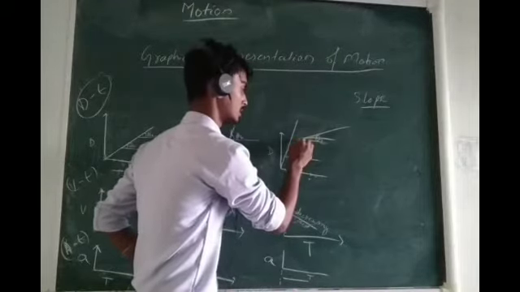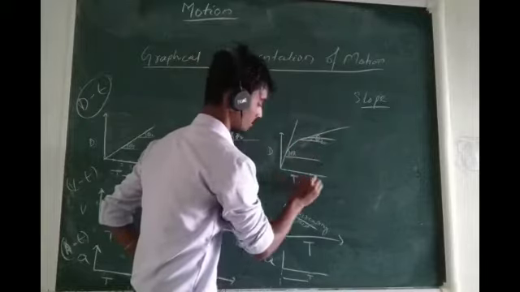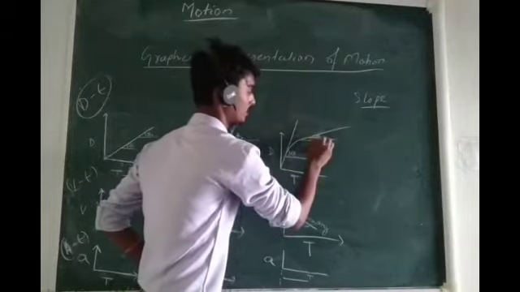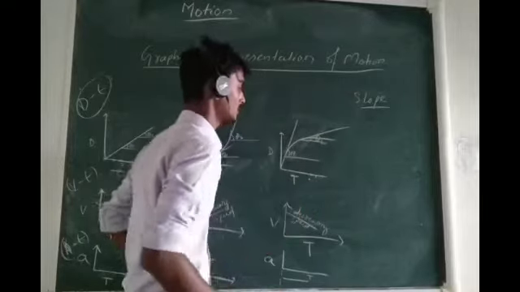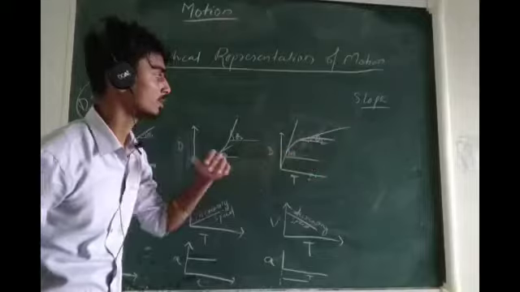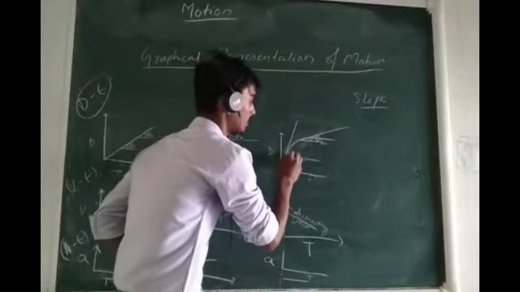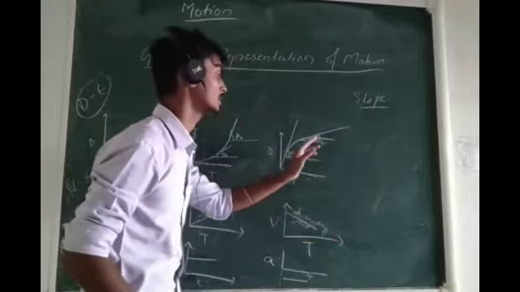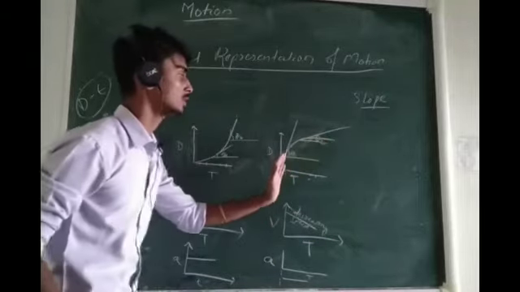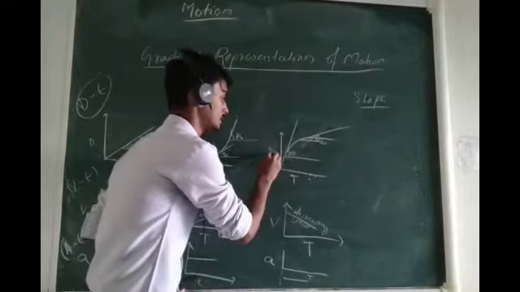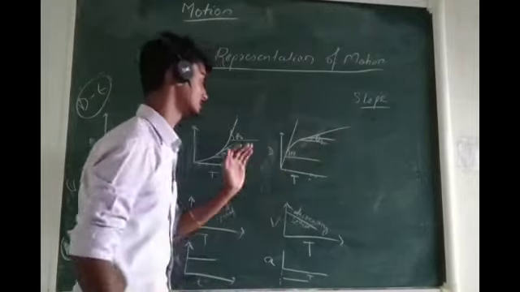And while traveling a little further, let us find out the slope at this point. What we have to do here? Here also we have to do the same thing. We draw a line parallel to the time axis and draw a tangent, and now name the angle theta 2. So here it is clearly visible that theta 1 is more than theta 2, or we can say that the angle goes on decreasing as we go on with the graph. So here we can say the slope decreases, or the change in distance with respect to time decreases.